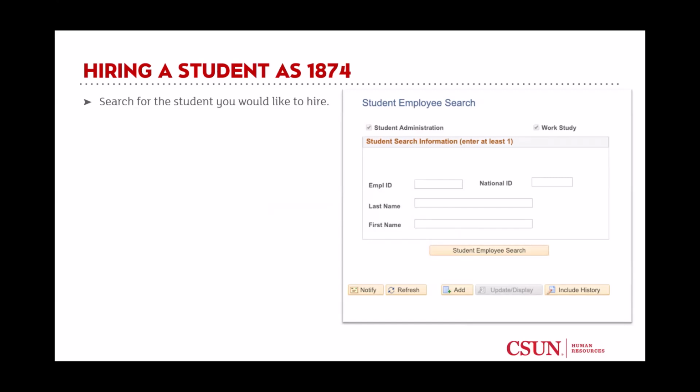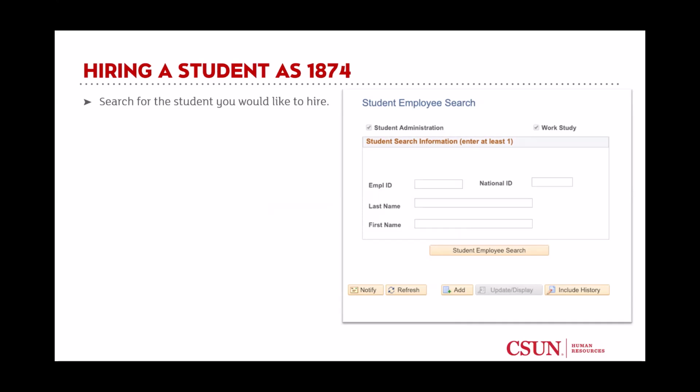Here, you would search for the student that you would like to hire. We strongly suggest that you search for your student based on their employee or student ID, or if you know it, their national ID, which is their social security number. This is just to prevent hiring a student with a very common name.